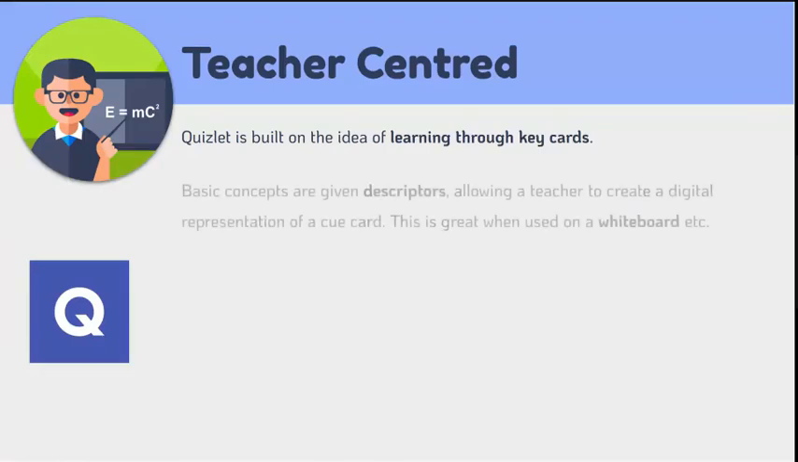So basic concepts are given descriptors, or if you want to call it a term and a definition, which allows the teacher to create a digital representation of a cue card. So in a very, very straightforward, simple way of teaching, sometimes it is useful for a teacher to have digital cue cards at the ready, and Quizlet does this very well, in a very simple way of creating these